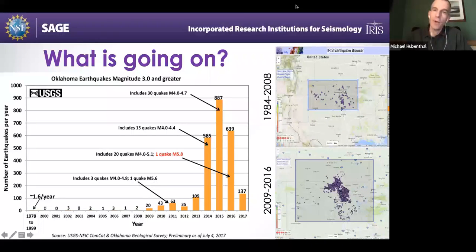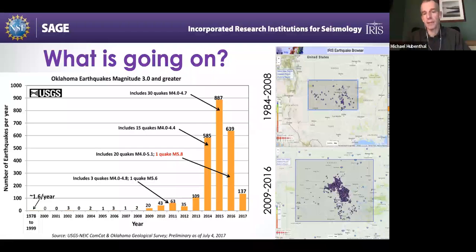So the primary plot on the left-hand side of the screen is going to show the number of earthquakes per year, and across the x-axis we're going to see the year of those events. And there's a pretty strong overall pattern here that we see. Over time, we see a steady increase, and then a significant increase in the number of